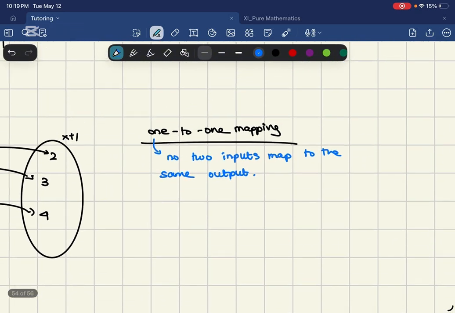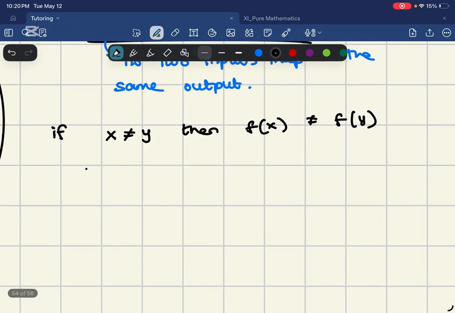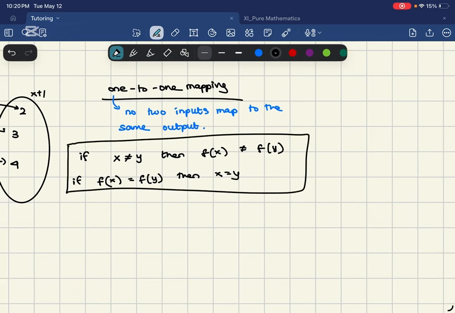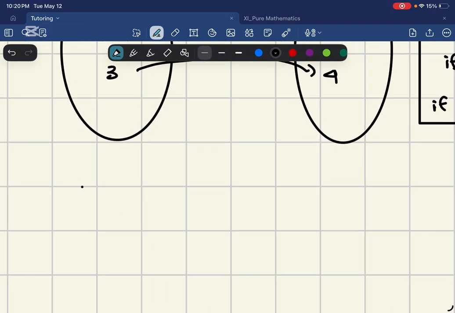So basically, the mathematical way of representing this is that if x does not equal y, then f of x does not equal f of y. Or another way to write the same thing is, if f of x is equal to f of y, then x is equal to y. So this is the test that we will be using to check whether a function is one-to-one. And if it's not one-to-one, then it has to be